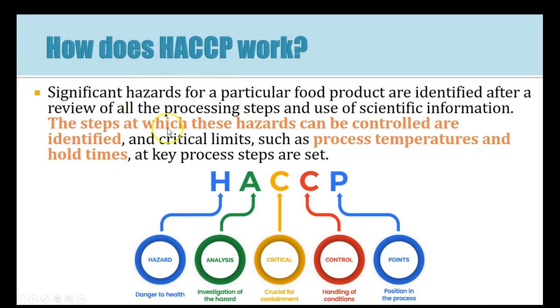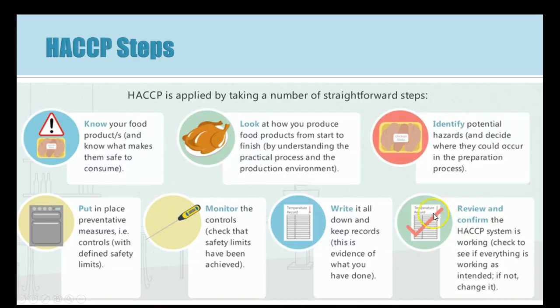So it works by first identifying a hazard, analyzing or investigating the hazard and how it might come up in the processing or production of a food, looking at the containment of that contamination, looking at how you can prevent contamination by handling conditions in the processing and production of that food, and then looking at the points in the process that might be at risk and making sure we have steps in process for that. So if we have a look at this lovely summary here for the steps,